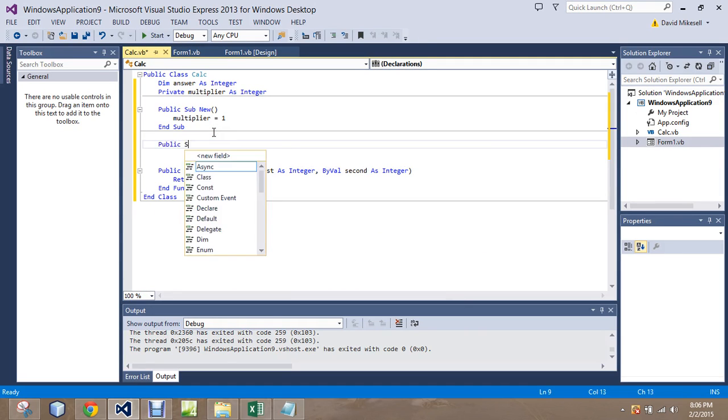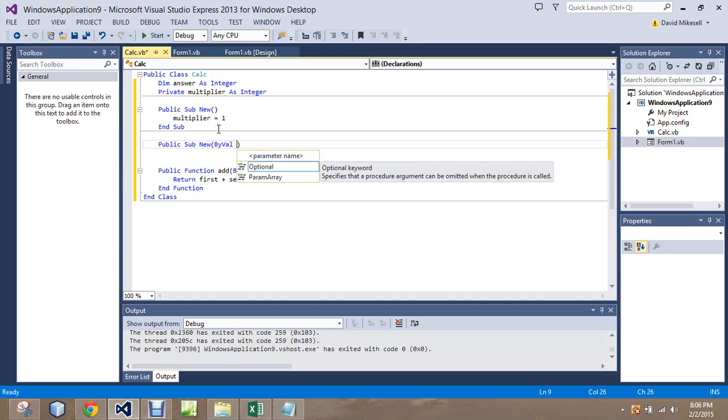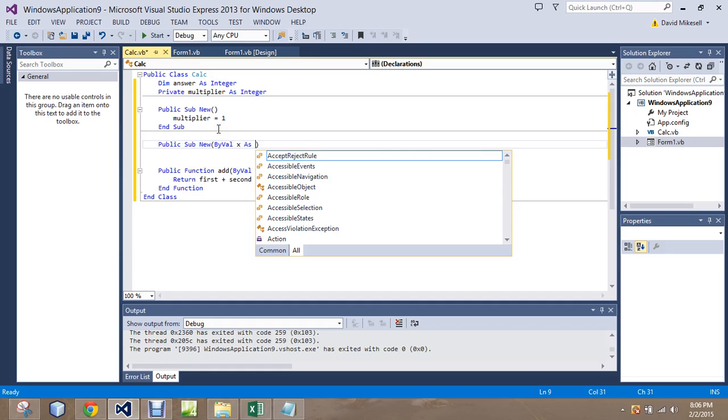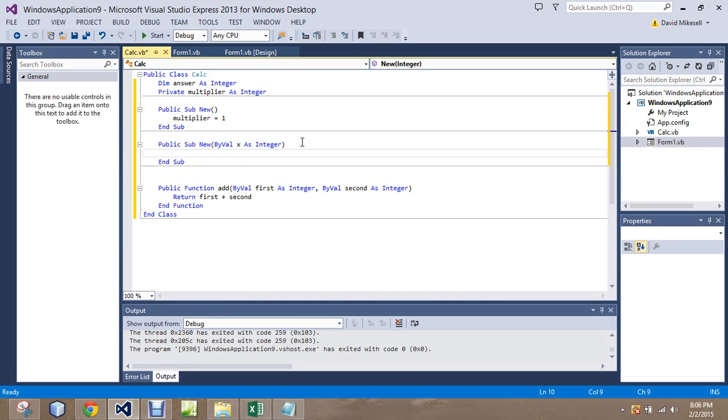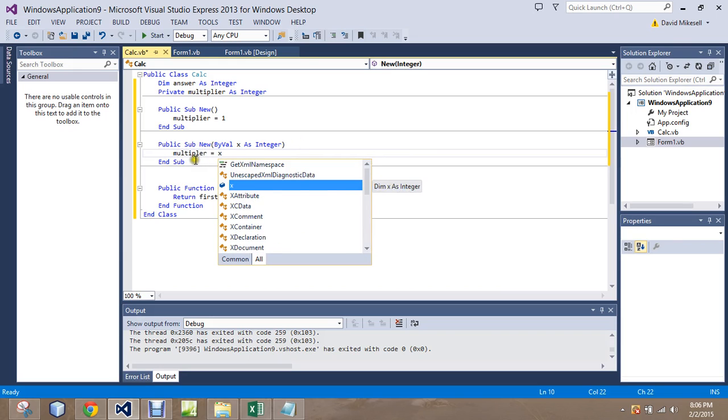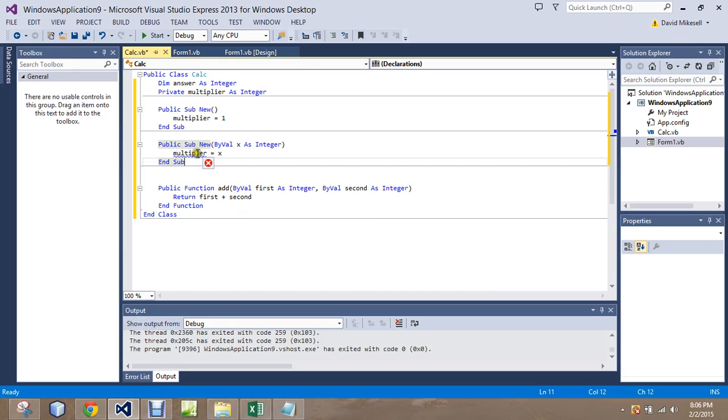So we're going to go public sub new, because we're still referring to the calc class. We're going to say by value x as integer. In this case, we're going to say the multiplier equals x. I got to learn how to spell. There we go. And what this does is now say we're going to take the first plus second, and this